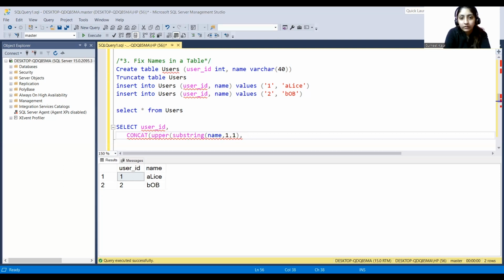We will be using two brackets. Then after UPPER, I'll write down LOWER, again SUBSTRING. In my bracket, I will write SUBSTRING, then again name, comma. Now what I'll mention is second, because we will be continuing after the second index, right? So second, and then I'll mention